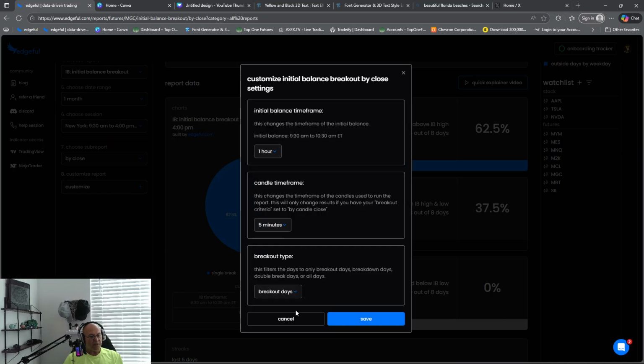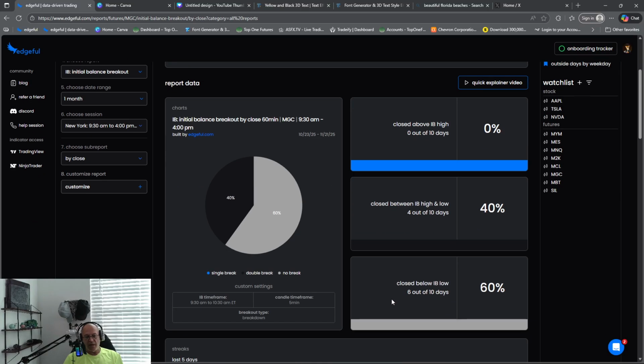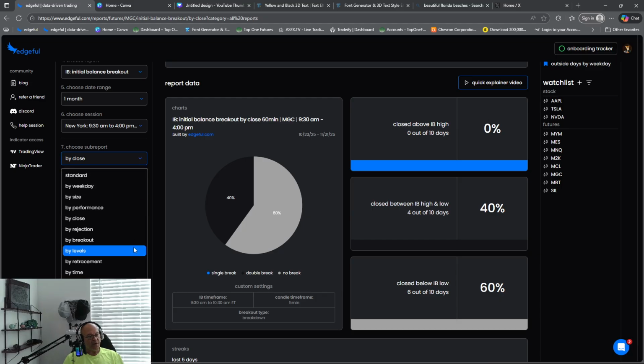Now let's go ahead and look at breakdown days. And 60% of the time we have closed below the IB low on breakdown days, and pretty much the same. About 40% of the time we've closed between the high and low. We have not closed back above at all. Okay, so we're looking at about 60% up and down breakouts by the end of day. Okay,